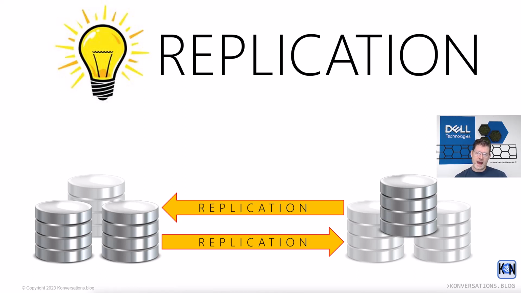If you don't want that, the other option is synchronous replication. So in synchronous replication, any write that you perform to one of the data centers gets mirrored to the other side instantaneously before the write is actually acknowledged back to whoever was writing. Cool part here is that whatever you write, every byte that you commit to one data center also gets committed to the other one. The downside